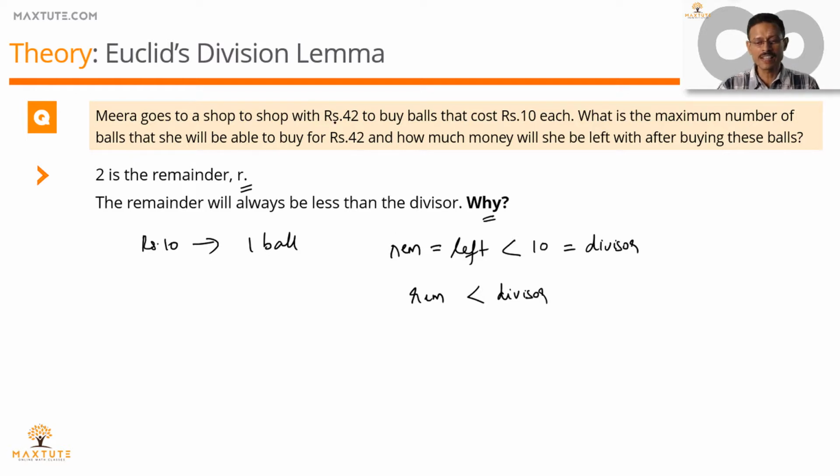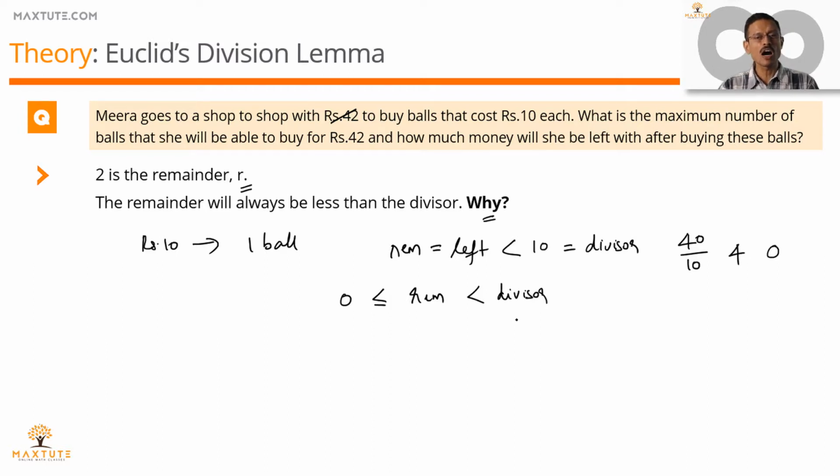For a moment, let's forget that she went with 42 rupees. Let's say she went shop to shop with 40 rupees. Each ball costs 10 rupees. How many balls will she be able to buy? She'll be able to buy 4 balls. What is she going to go home with? With nothing other than these 4 balls. So the remainder can be as low as 0 and it should be a number that is less than the